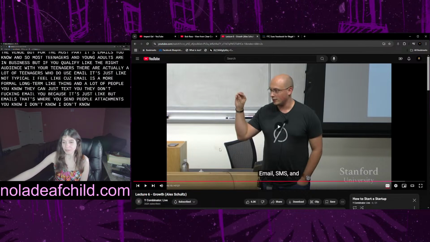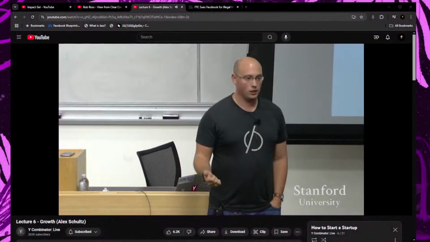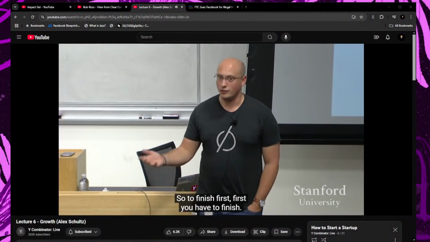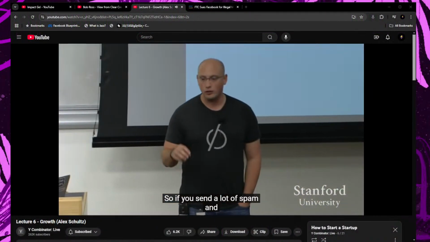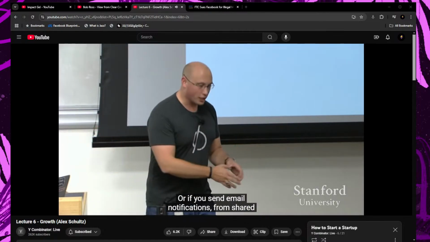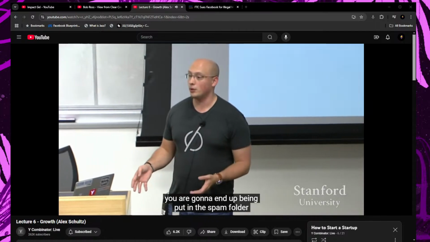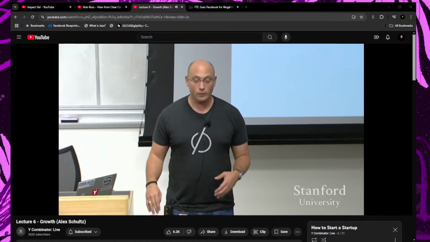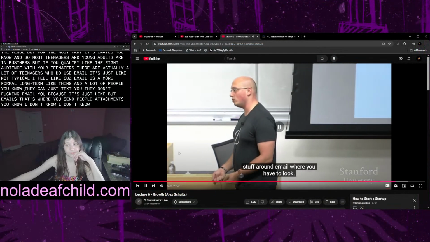Push notifications all behave the same way. They all have questions of deliverability. So to finish first, you have to finish. Your email has to get to someone's inbox. So if you send a lot of spam and you end up with dirty IPs, or you send email notifications from shared servers where other people are sending spam, you are going to end up being put in a spam folder consistently, and your email will fail completely. You may end up being blocked and have your email bounce. There's a lot of stuff around email where you have